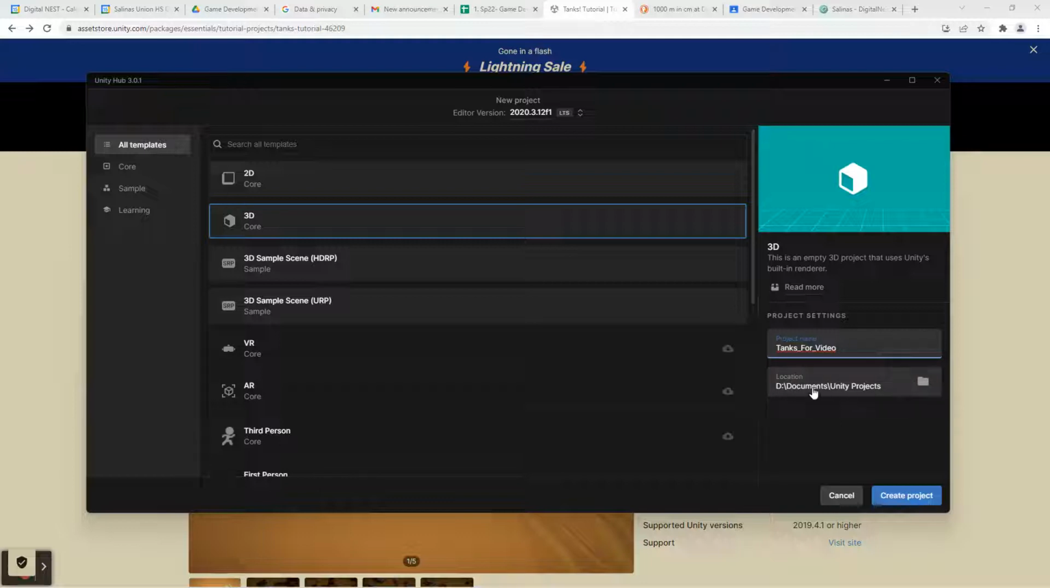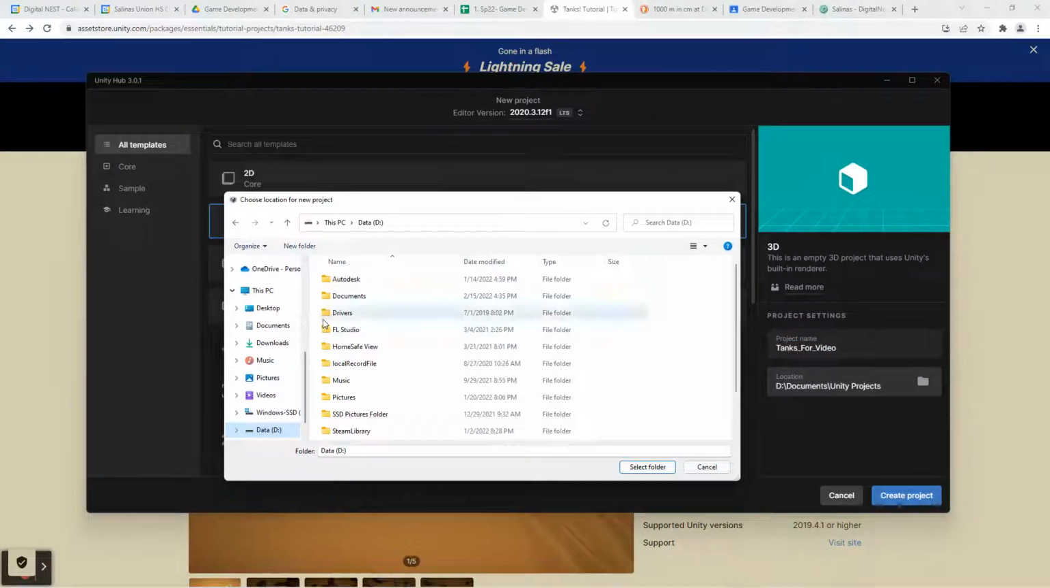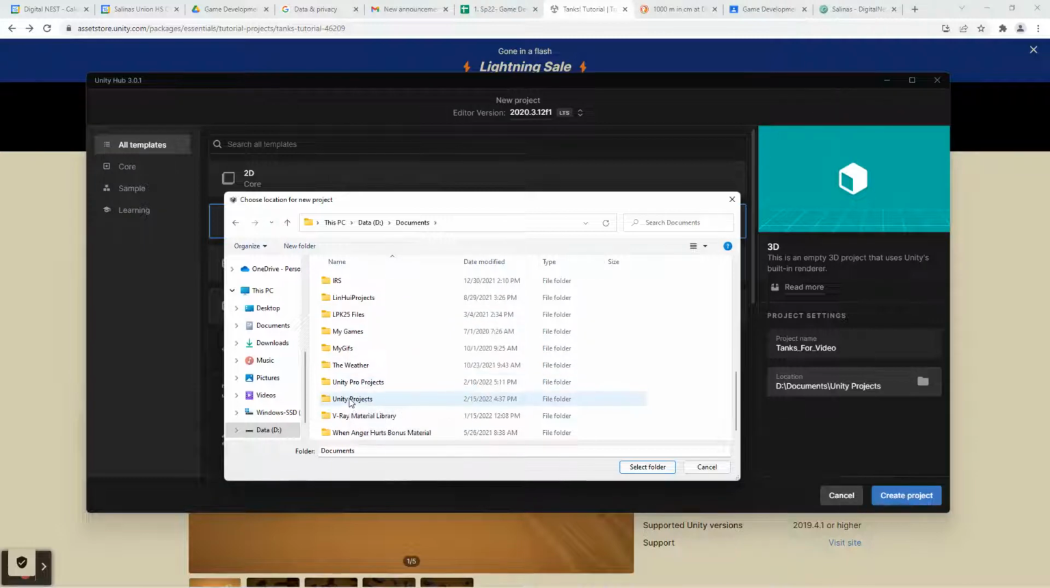Your location probably is not D documents, but I would recommend that you go to your documents folder, wherever that lives. I put mine in my data disk because it's so big. It's taking up space on my SSD. I'm going to go down to, I have a folder here called Unity Projects. I'd like you to, however it works on your computer,